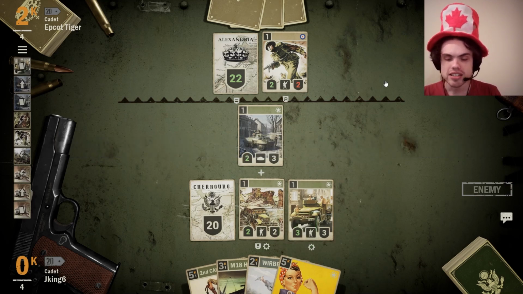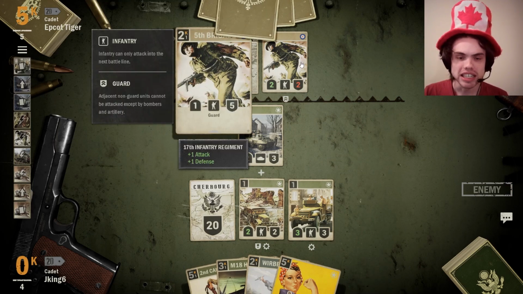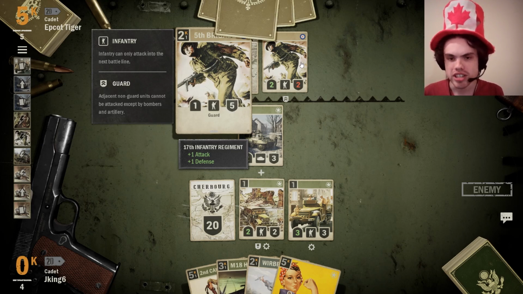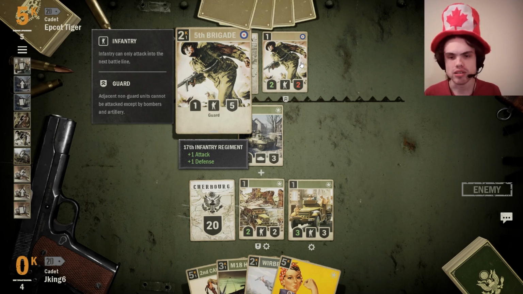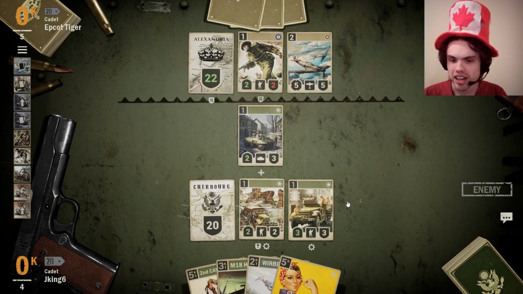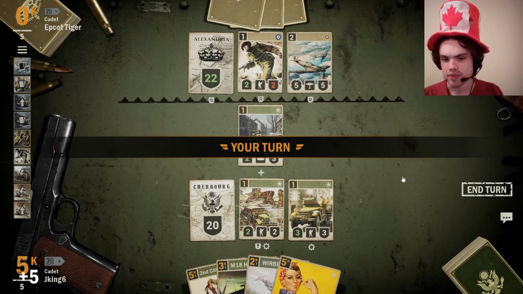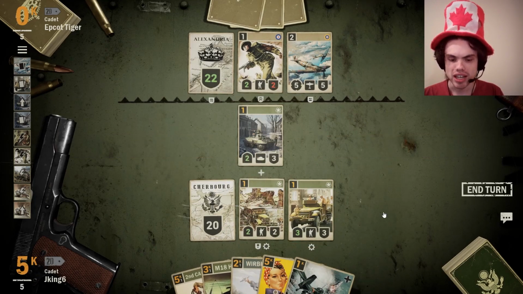So this is another important thing to learn on this deck, is you don't always have to remove everything immediately. This 5th Brigade, it's very, very slow. It's not posing a threat. It's not going to value trade with anything. It's not threatening to deal a lot of HQ damage or anything like that. This is just simply a slow infantry in the support line. So rather than spending all my credits to remove it and leave myself with a very weak front line, I'm